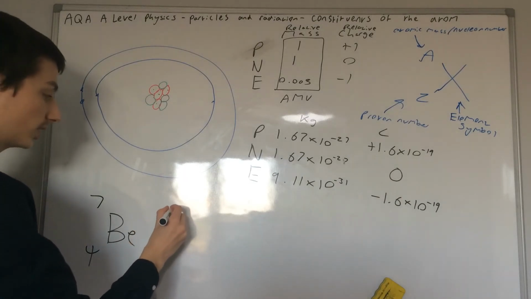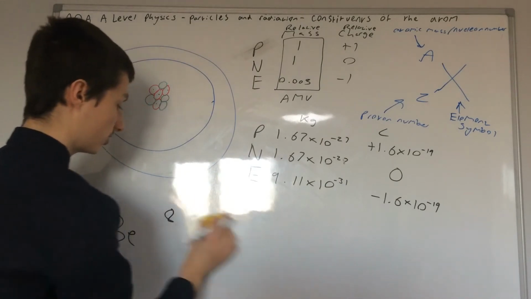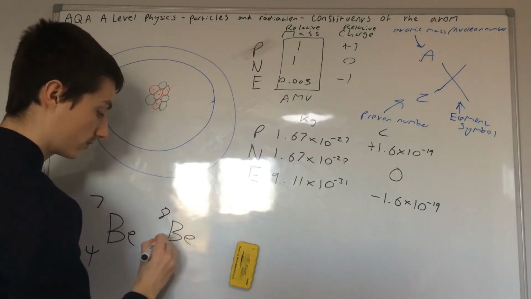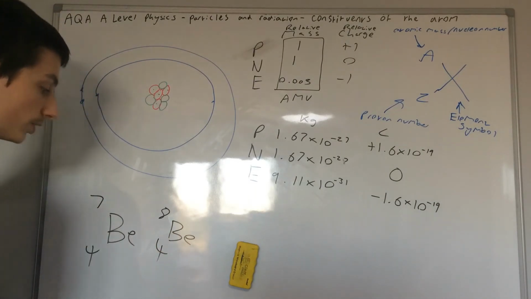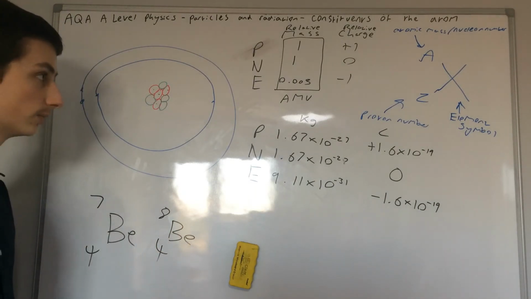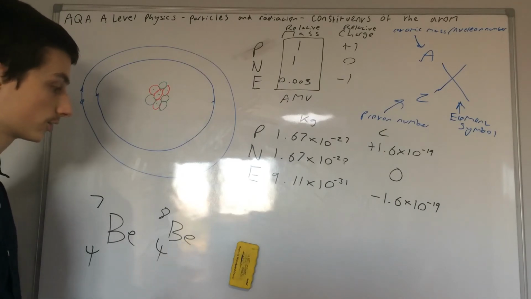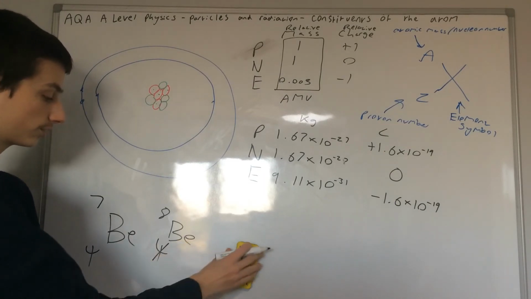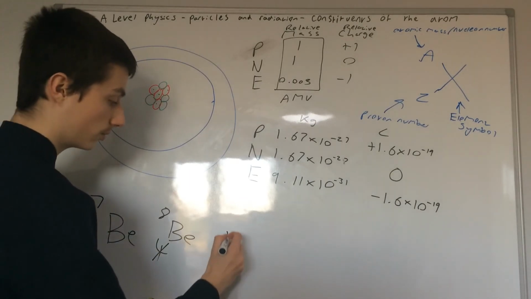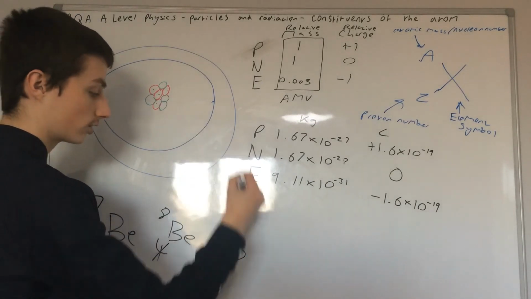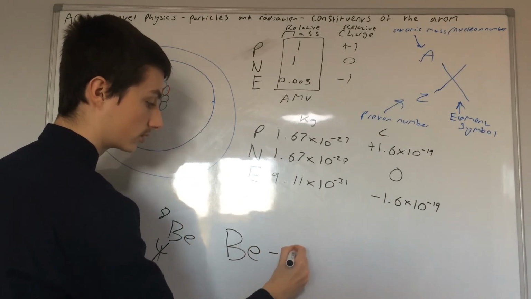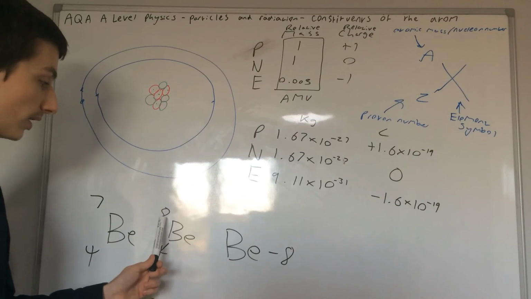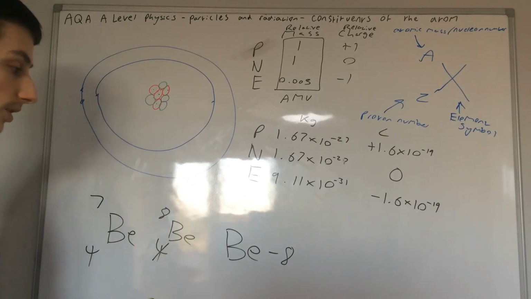This can be written in the A, X, Z notation, like this. But because these two are the same, if this changes, this changes. So you can always find one out from the other. We can disregard one of these and refer to this nucleus as beryllium-8, because beryllium always has 4 protons and 8 is its mass number. So if you hear things like carbon-14,